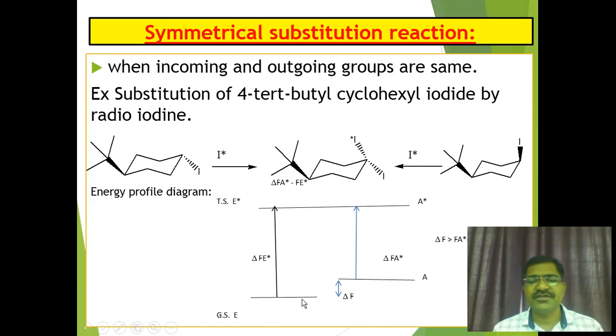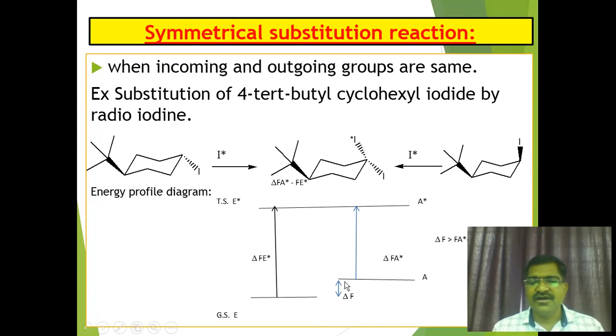If you compare the ground states of the equatorial and axial isomers, it has been found that the equatorial isomer is at a lower position as compared to the axial isomer. Equatorial isomer at a lower position means it is more stable. All of you know why the equatorial isomer is more stable: both the tertiary butyl group and iodine are equatorially oriented, therefore it is more stable and located at a lower position. In the cis isomer, iodine is axially oriented, it creates one-sided axial interactions with the hydrogens present at the 3 and 5 positions, and therefore it is unstable as compared to the trans isomer. Therefore its position is above the equatorial isomer.